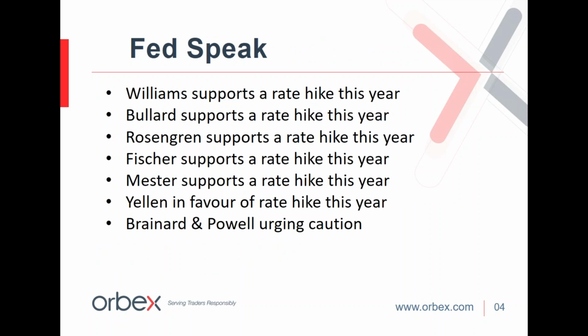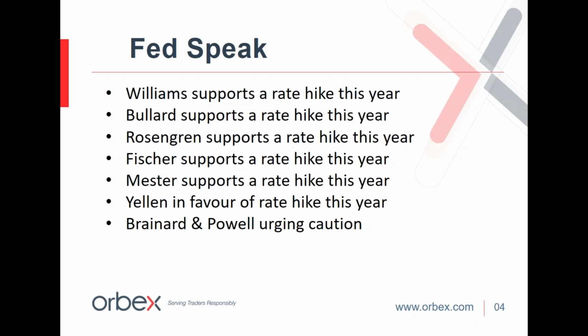So the majority of these comments have actually been in support of a rate hike. Fed's Williams noted that the economy has climbed back to full strength and it therefore makes sense to move monetary policy gradually back to normal, adding also that in the context of a strong economy with good momentum, it makes sense to get back to a pace of gradual rate increases, preferably sooner rather than later. Fed's Bullard also spoke in support of a hike, noting that he can see 2 rate hikes as possible before the year end.